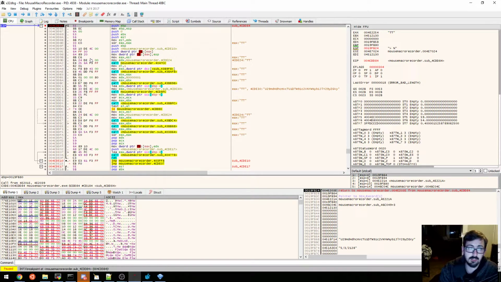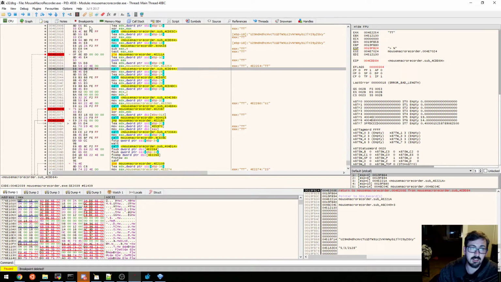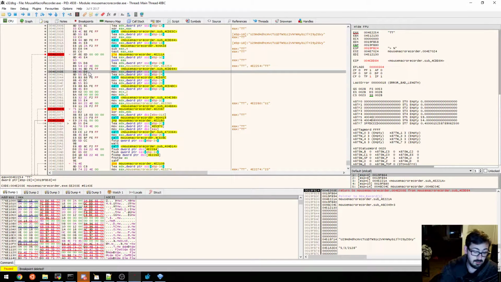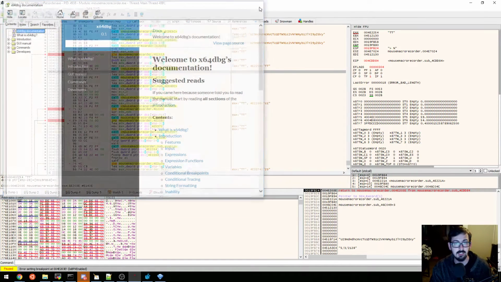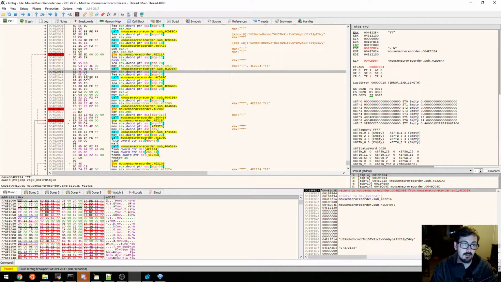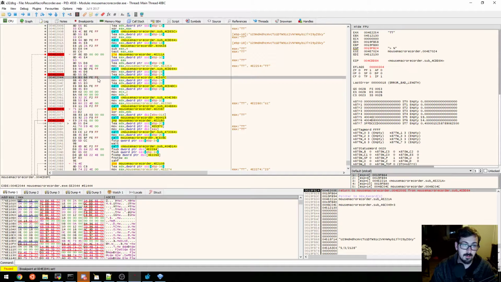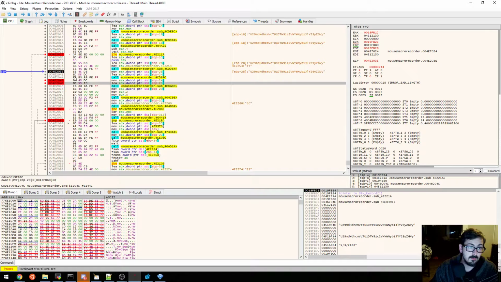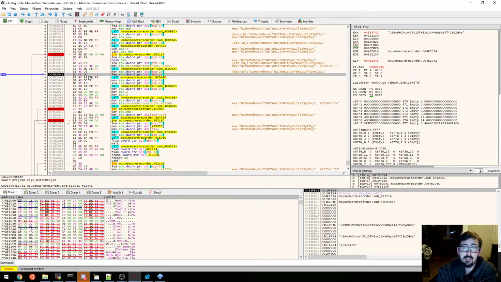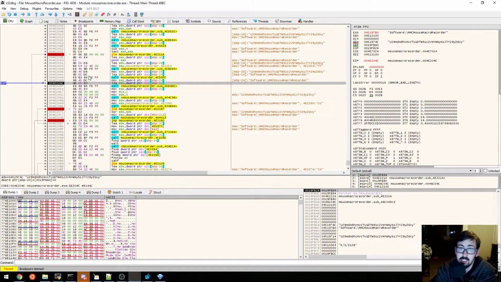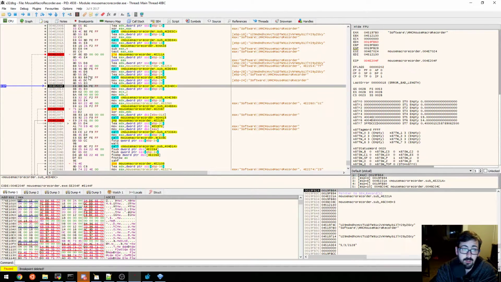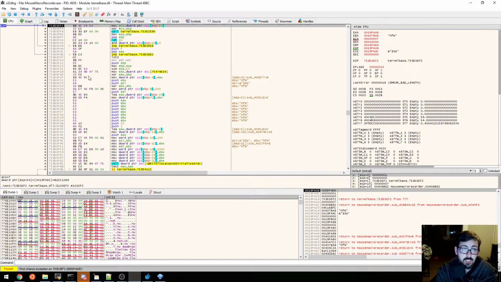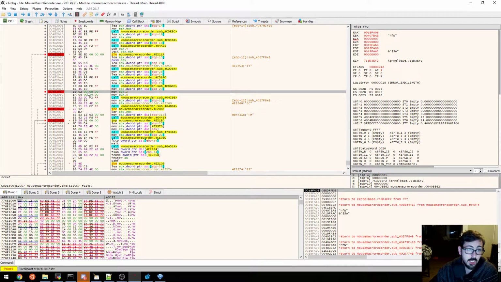So, oh god, let's just get rid of that. F2, not F1, F2. Oh good lord. There we go. F9, there we go. So now F8, F8, F8, F8, software, yeah, okay, decoded it, cool, whatever. Oh, good lord, is that an exception? Yes, so we're gonna go here, run,